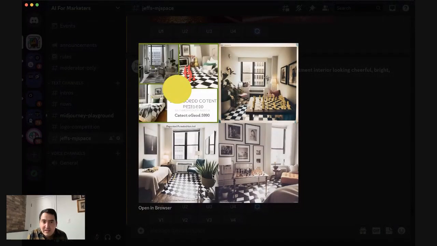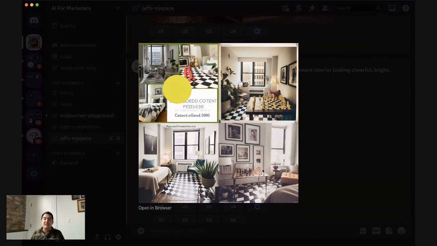So first off, one of the things I think you can really notice in this example is that the first image on the left-hand side is looking very much like either a Pinterest or a magazine. I'm not sure quite where it's going with that. But then the other images are actually pretty good. It's a little small in terms of the apartment. I mean, maybe this is what we're going for. Maybe this is because it's a Polaroid image.